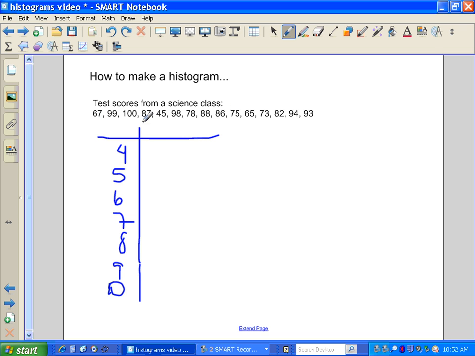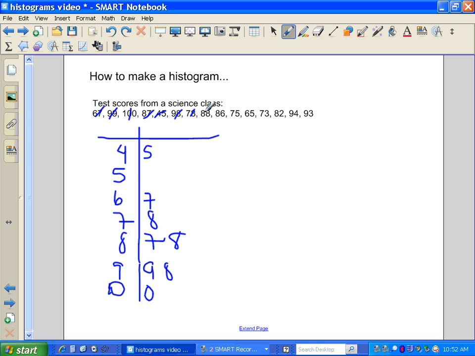And then I'm going to start to put the data in, and I have 67, so that's a 6, and the 7 goes here in the 1 spot, and 99, and I can even cross these off as I do them so I don't forget, and there's my 100, and 87, 45, 98, 70,